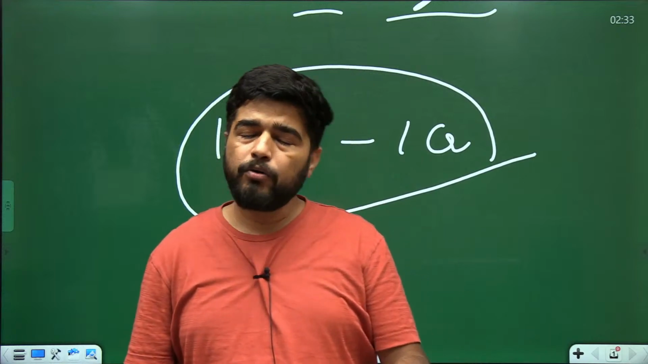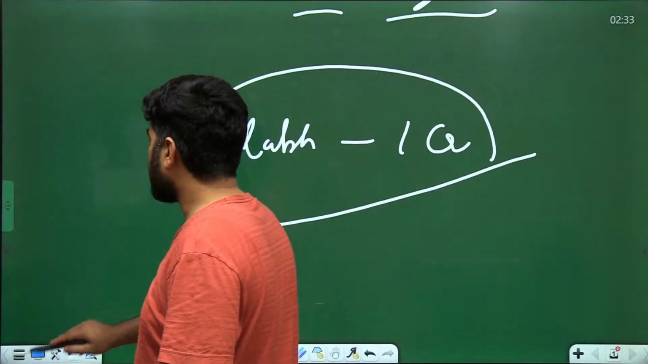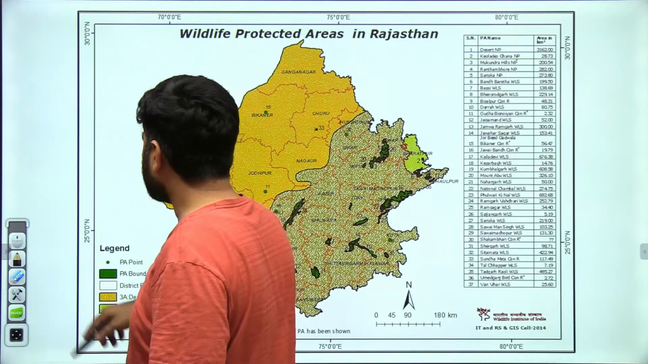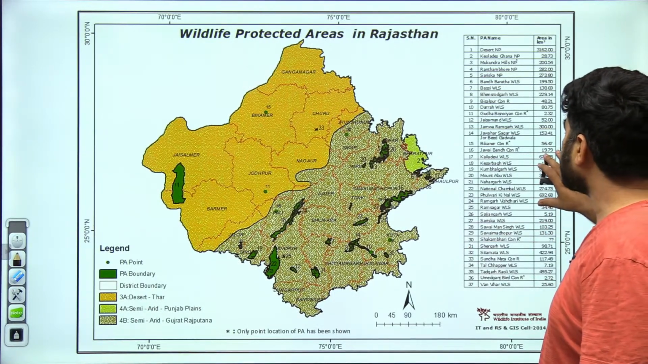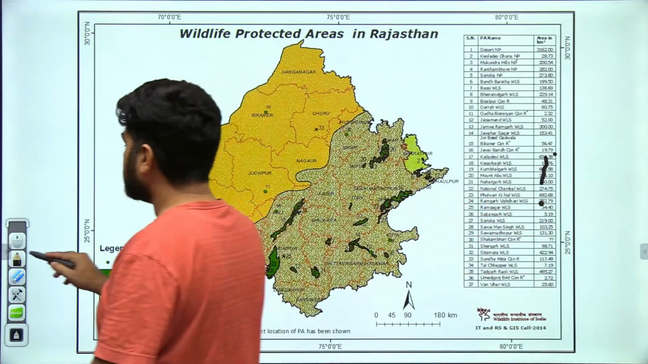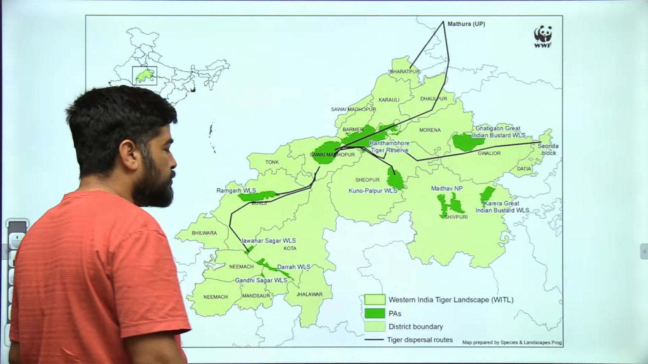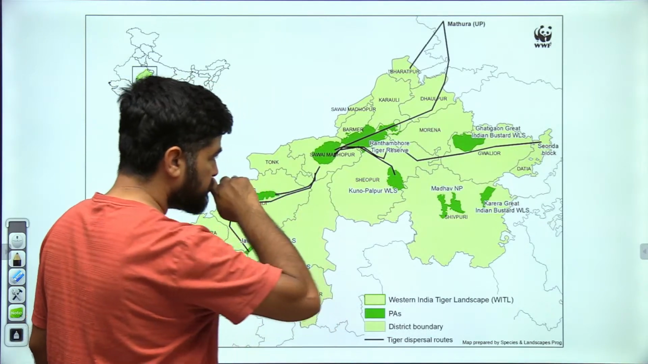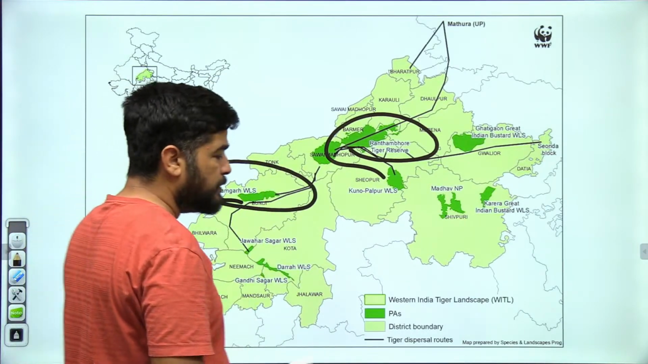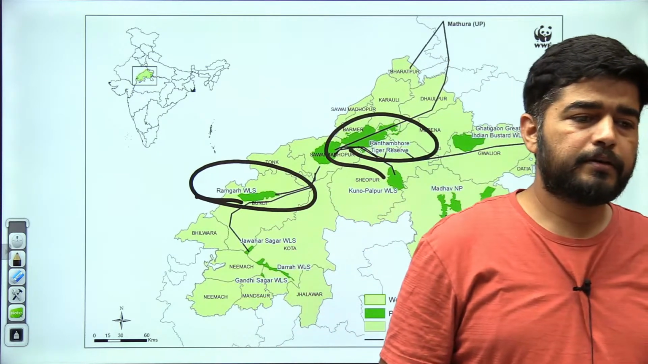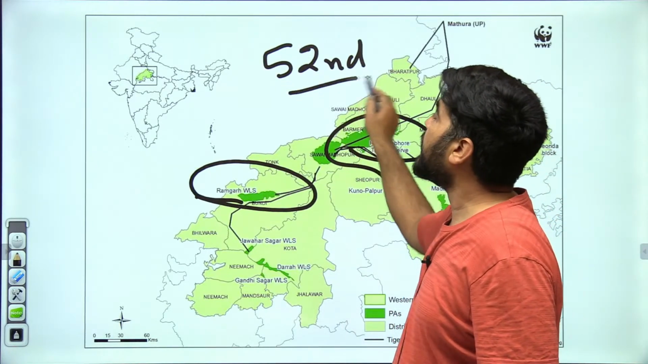Now the second thing is about our new 52nd Tiger Reserve. The 52nd Tiger Reserve is in Rajasthan. Which one is in Rajasthan? Ramgarh Vishdhari Tiger Reserve. It is in between your Ranthambore and, you can say, this is Ranthambore Tiger Reserve, and this is Ramgarh Vishdhari Tiger Reserve. This is the 52nd Tiger Reserve of India,